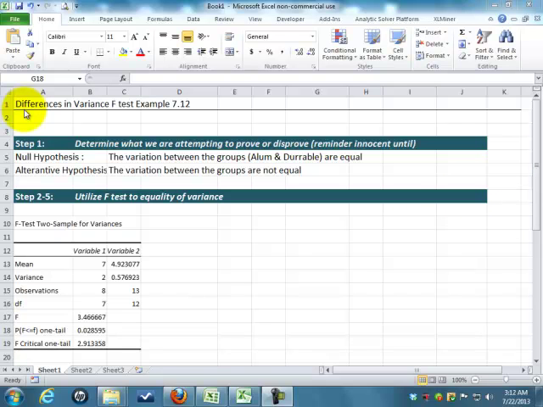We're going to go through example 7.12, and I'm going to confess right off the bat, I get slightly different answers than in the book, and I'm not sure which is right, so be cautious here. What an F-test does, it allows us to take